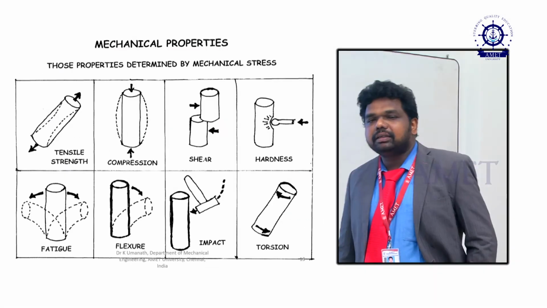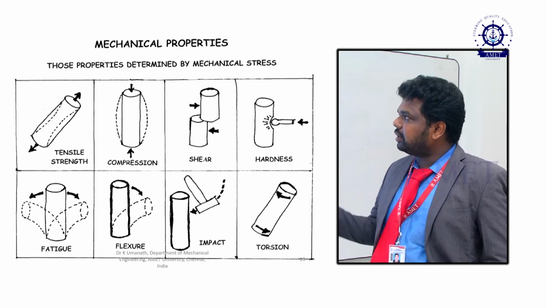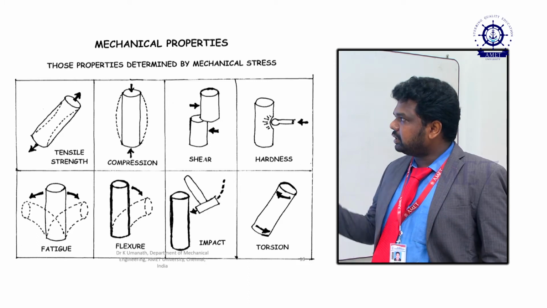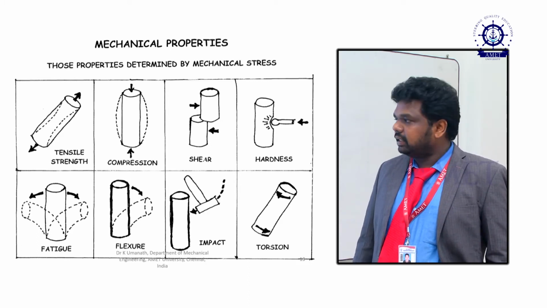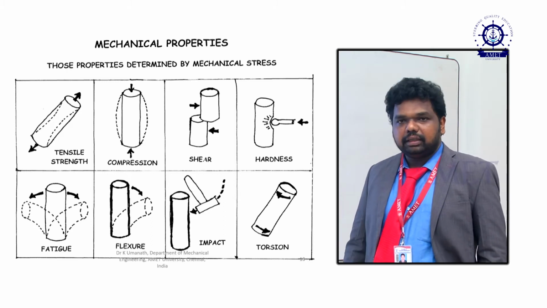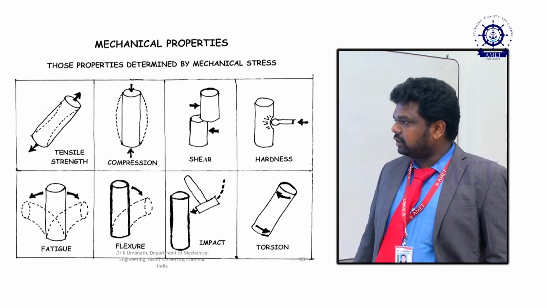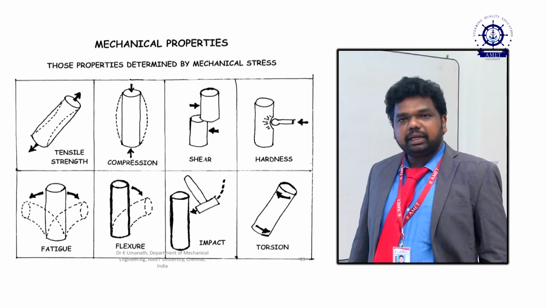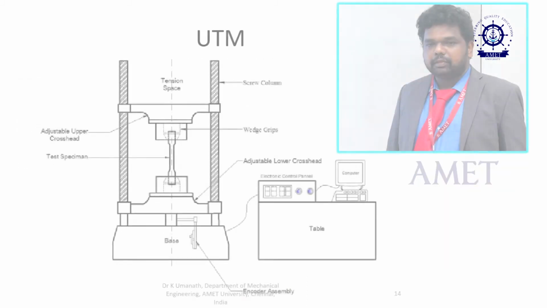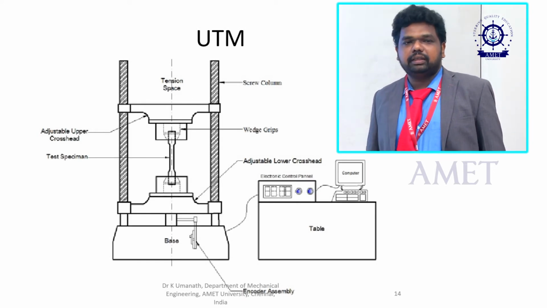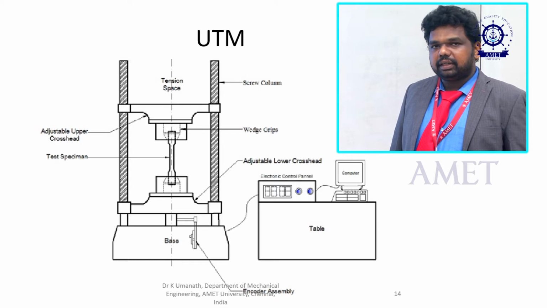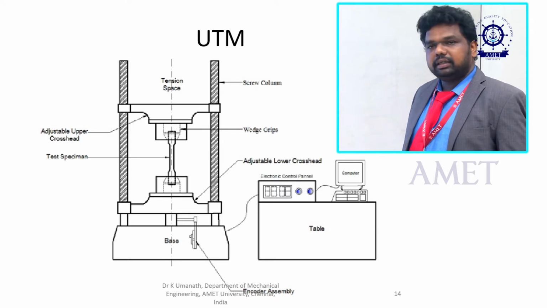In this session we are going to discuss the mechanical properties affecting steel material. These are the basics of mechanical properties: tensile strength, compression strength, shear strength, hardness, and fracture strength, shown here. The different mechanical properties are given in this picture. Some testing procedures for measuring the mechanical strength of metals we are going to discuss in these slides.